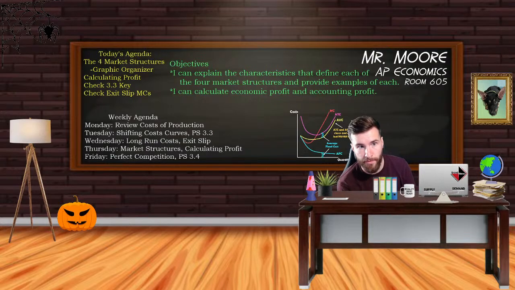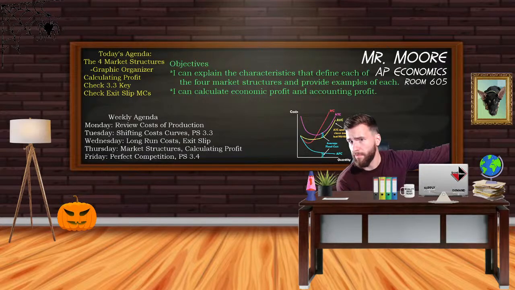After we talk about the 4 market structures, the biggest part of this class, we're going to allocate, how many more weeks do we got? We got 5 more weeks? Probably a good 3 or 4 of those weeks are going to be market structures. That's what we're about to learn about starting tomorrow.